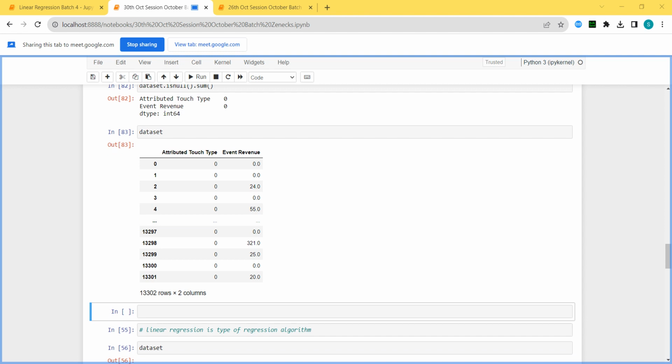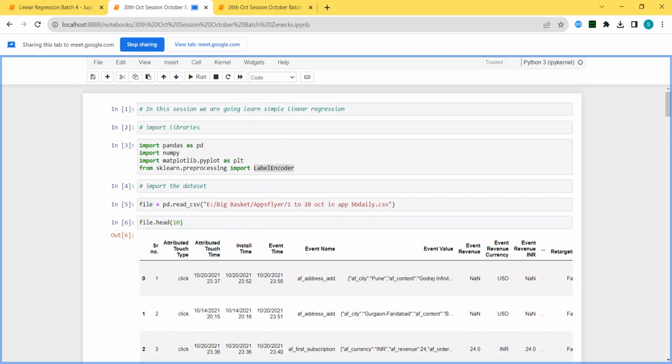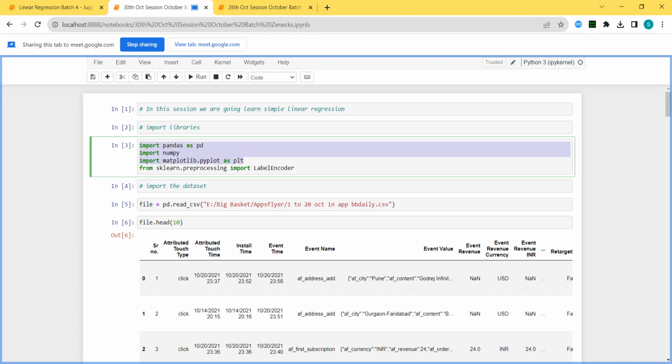Only this change is there. See, if I type everything, we cannot cover further things in one class. That's why I'm making the changes in the same file. Should I explain one more time or are you clear? It's pretty clear, okay. For those who are not answering, I will show that. Yesterday also we did this. We imported all the libraries yesterday also. Today also I have done the same thing. Same file is there.